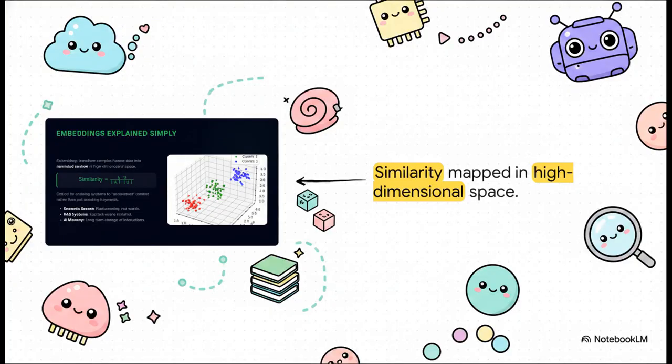Because these embeddings are just numbers, computers can plot them out in high-dimensional space and physically measure how close two pieces of information are to each other. This is what allows AI to go way beyond basic keyword matching. It understands that doctor inherently relates to physician. And honestly, this semantic understanding is the absolute backbone of modern recommendation algorithms, smart chatbots, and those retrieval-augmented generation, or RAG, systems we keep hearing about.